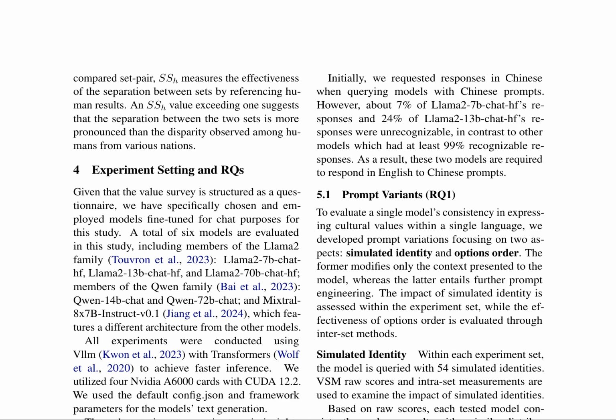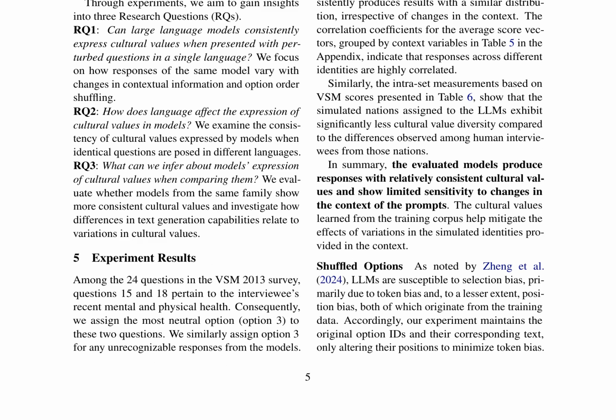Results indicate that models produce responses with relatively consistent cultural values but are vulnerable to selection bias and fail to maintain consistent cultural values in the face of textual ambiguities. The study further examines how language affects the expression of cultural values, showing that models exhibit more variability in expressing cultural values when queried in different languages. The findings suggest that while models can express cultural values consistently within a language, they are susceptible to biases and